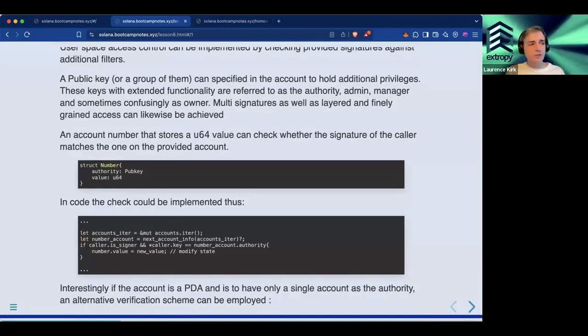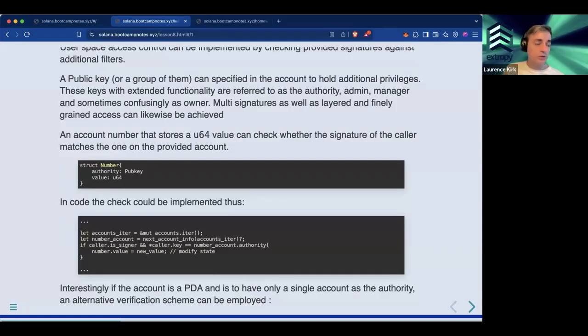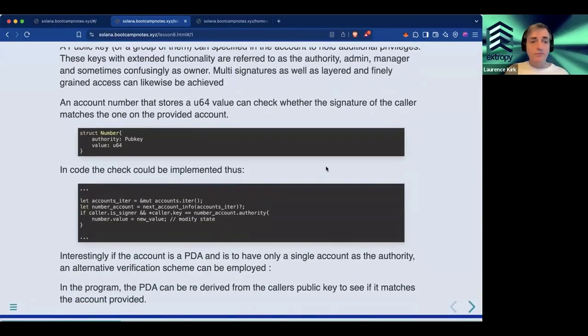One way that we could do this is to work out some roles within our program. It can get a bit confusing because people tend to use the same names for these and sometimes call things owners as well. But you can start to write this into your program and start to do checks. So for example,